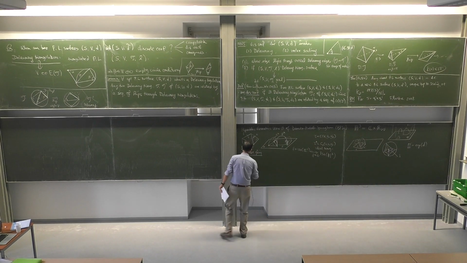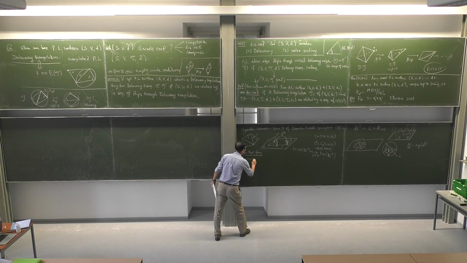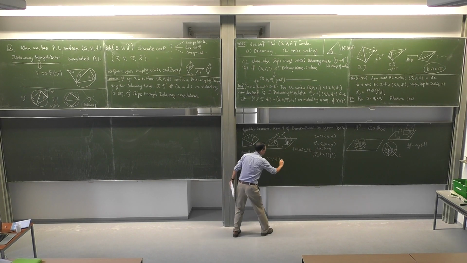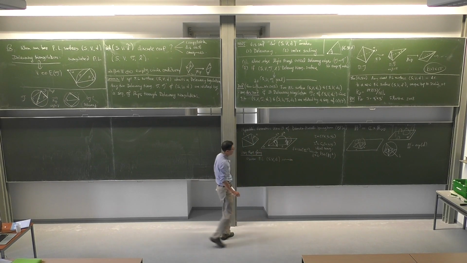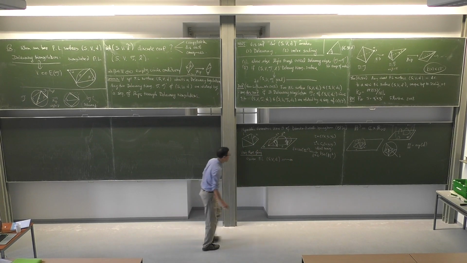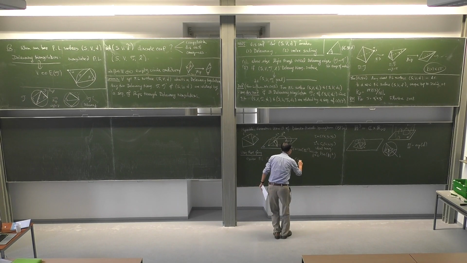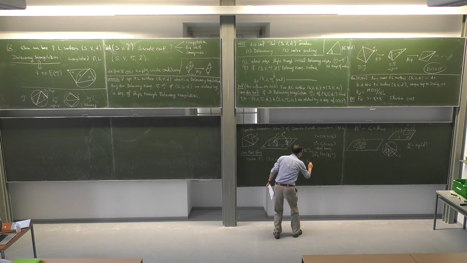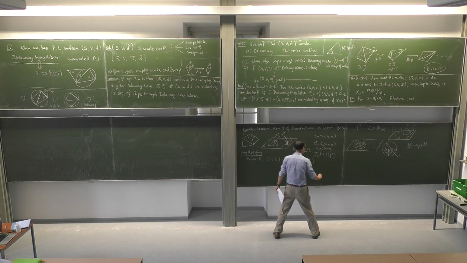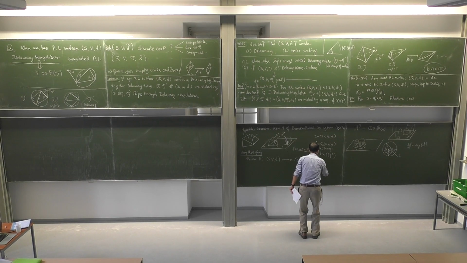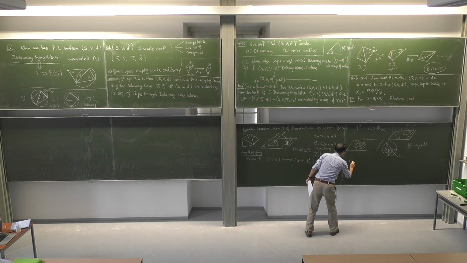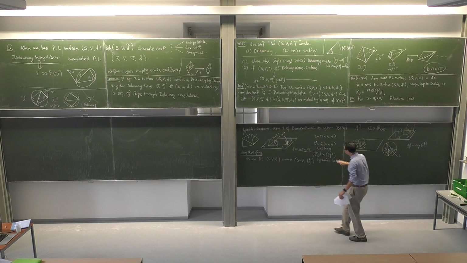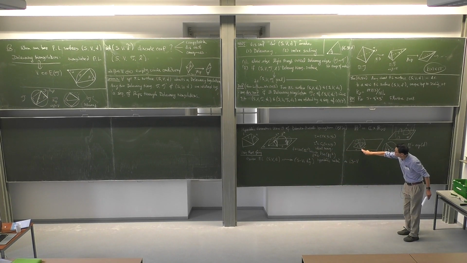So the answer now is, given the PL surface S, D, by taking this hyperbolic point of view, I produce a hyperbolic metric. But it depends on the triangulation. It's a complete hyperbolic metric on this punctured surface,